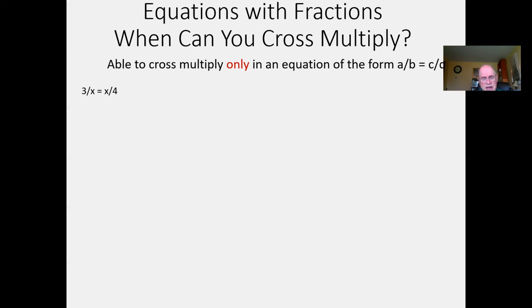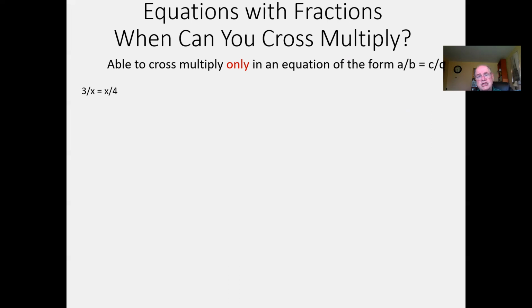First issue I want to address is, when can you cross multiply? Some people like to cross multiply anything which is not nailed down. There is only one case in which you can use the algorithm, very useful, very handy, very quick algorithm of cross multiplying. The only time you can cross multiply is when you have an equation of the form A over